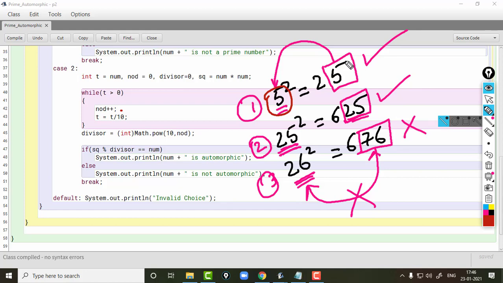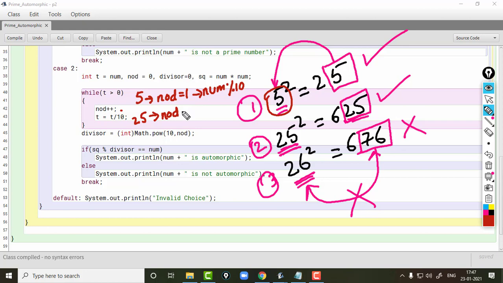If you notice, in the case of 5, the number of digits was 1. So if I want to get the last one digit of the square, I need to divide by 10. Whenever we divide a number by 10 and take the remainder, it will always give you the last one digit.